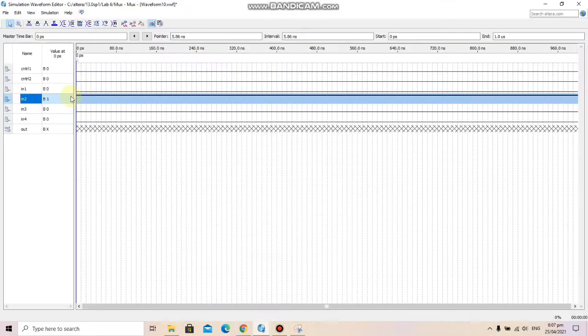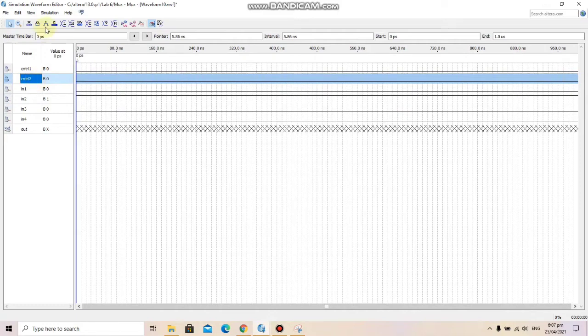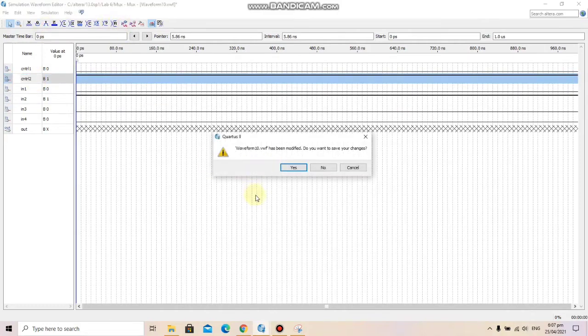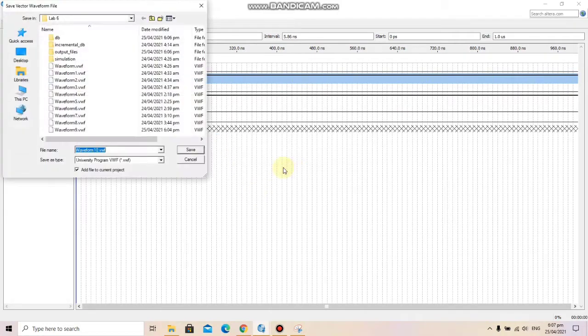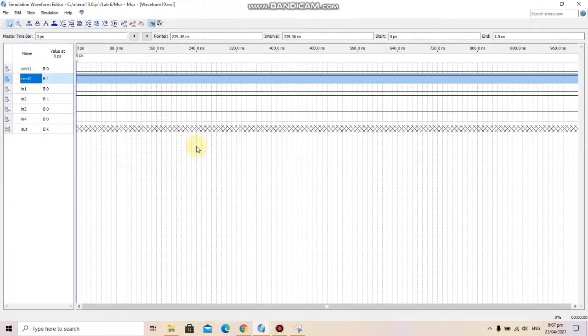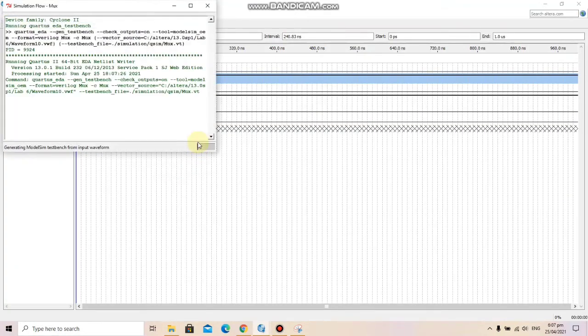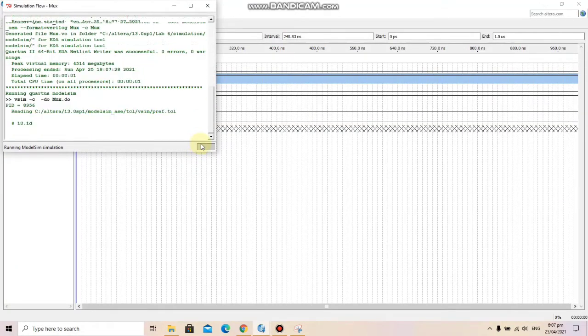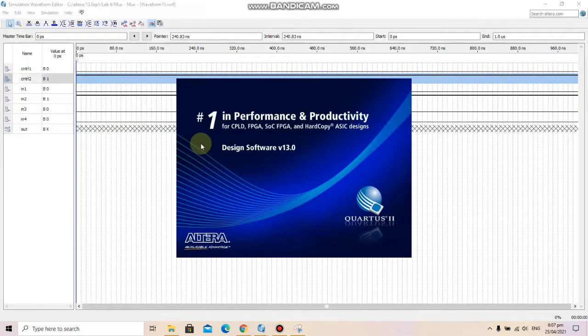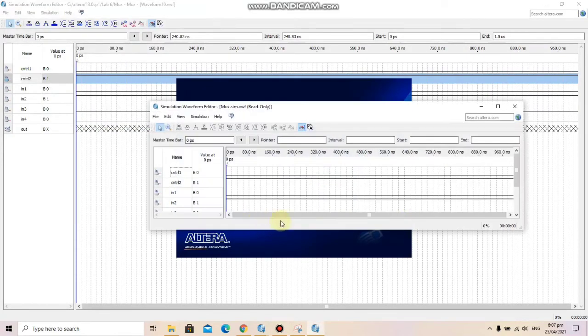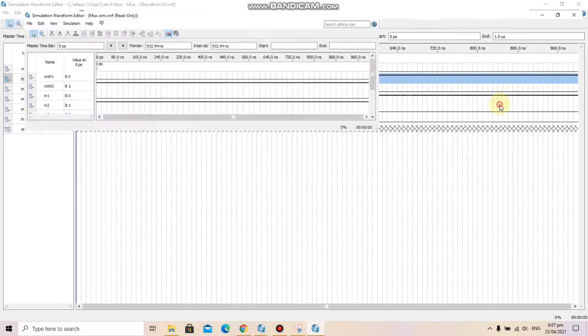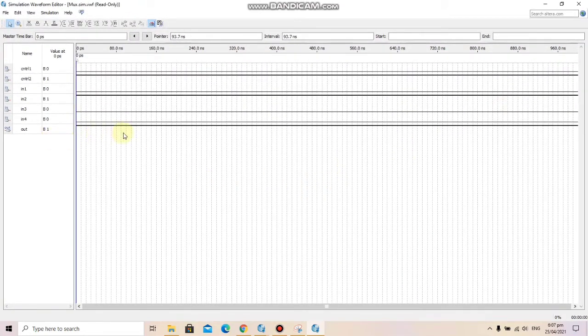So let's keep control 1 at 0 and control 2 high, and this should give us an output of 1, which will be the input 2. And here we can see that our output is equal to input 2, which is 1.